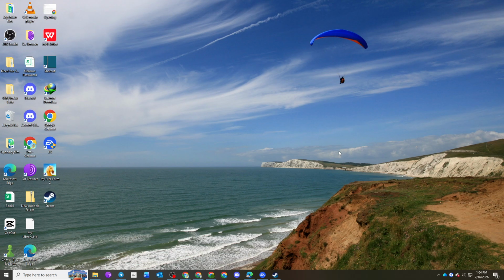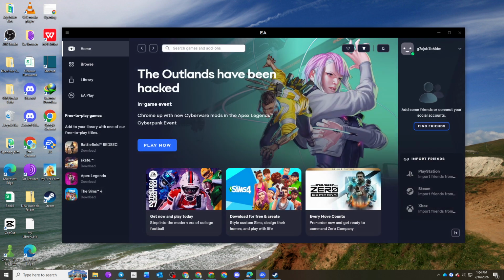To begin, open the EA app on your PC and sign in using the same EA account that is currently linked to your Steam account. Using the correct EA account is essential if you want to access your existing Apex Legends progress, cosmetics, and other